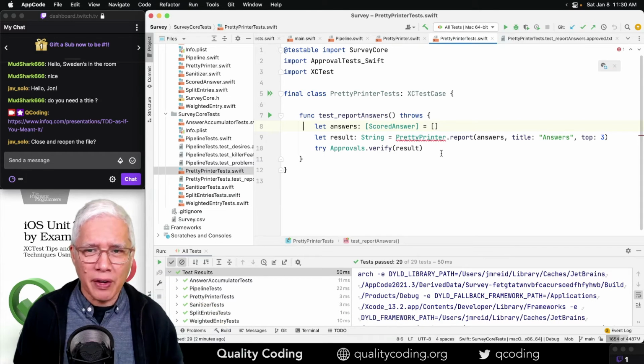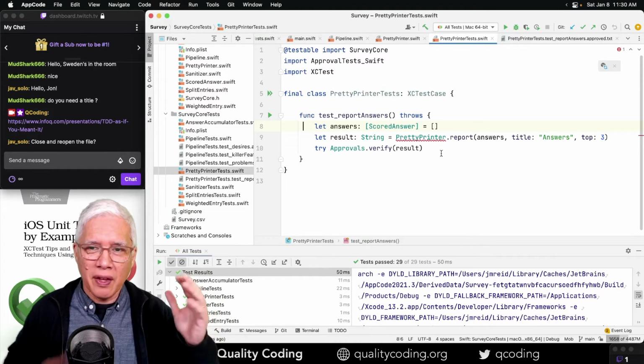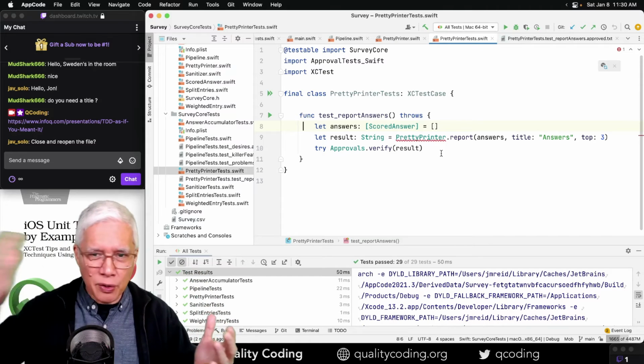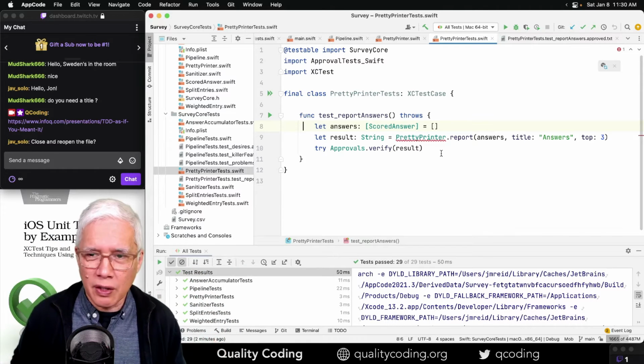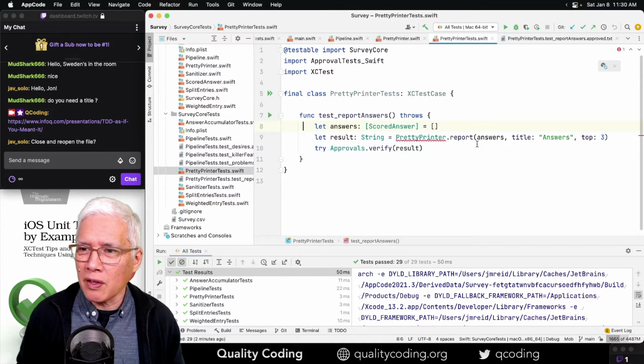I think I would rather not directly edit the approval, but instead rely on the pattern of having the diff come up and then using the differ to approve things. That seems like a better approach. So the danger is that as I make changes,